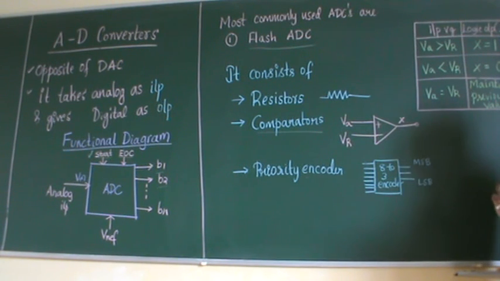I hope you people are clear with these concepts. So what are all the things we have discussed? What is ADC, what is the functional diagram of ADC, what are the important components required to build the ADC, I mean the flash ADC, and how the comparator